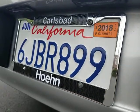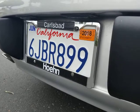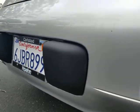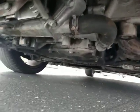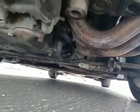You can see the current California registration. It was serviced at this Hohen Porsche facility in Carlsbad a few times recently, which is also where it was traded in. I should mention, traded in probably for a new Porsche. You can see underneath, nice and clean, no oil drippage or anything, and